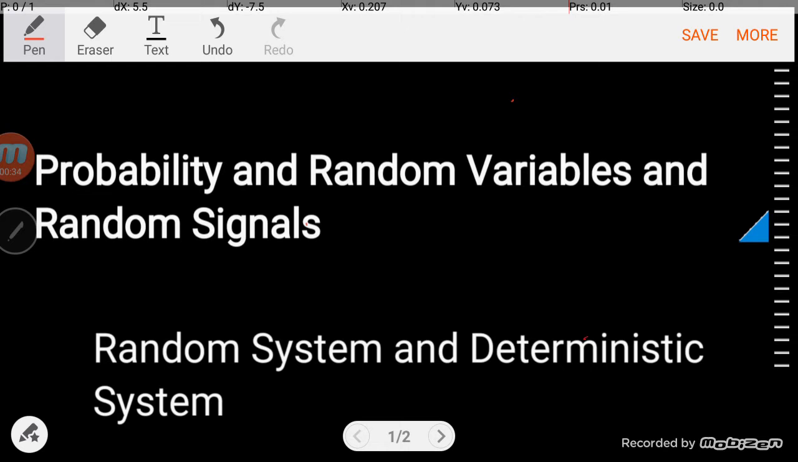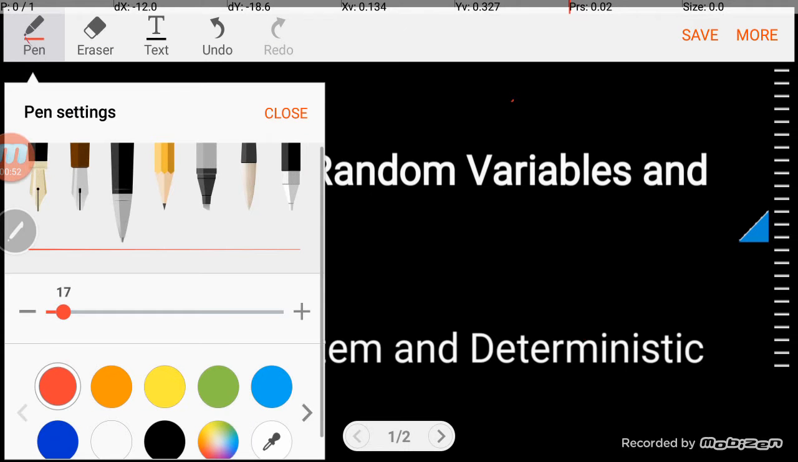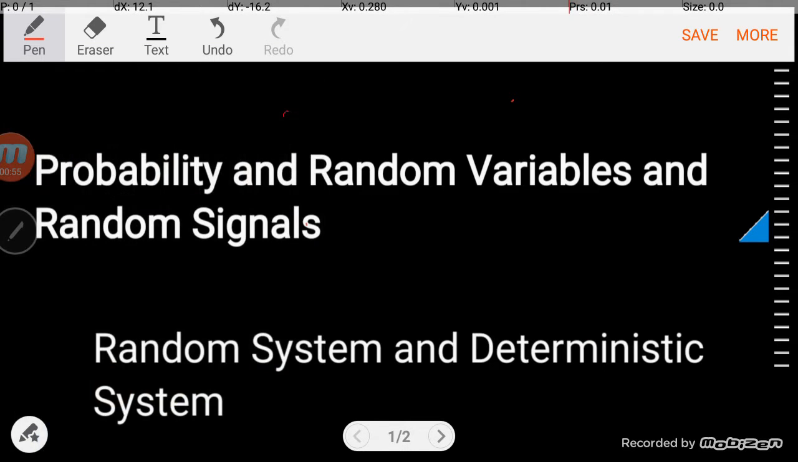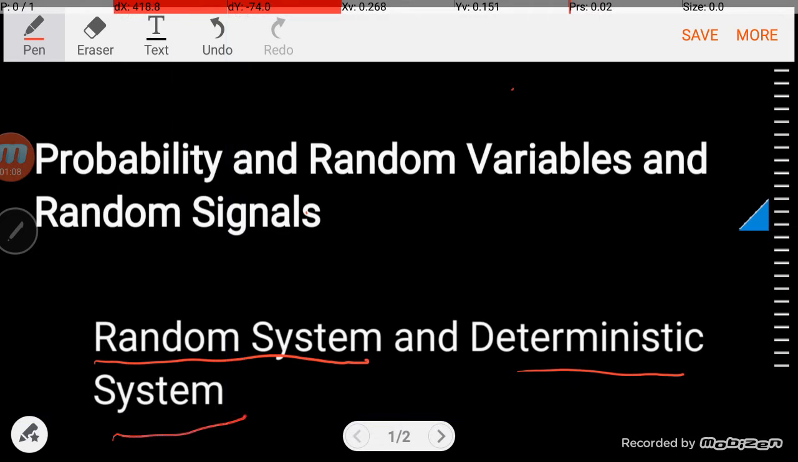Actually, random system and deterministic system is a classification made based on the results of this system. So if the result of the system is random, we call it random system. But if it is deterministic, we call it deterministic system. It means not random. The random system is the system that gives results that cannot be expected